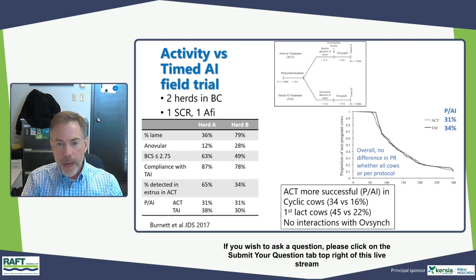So this is another study back to colleagues from Canada, just to illustrate that. They did more or less the same setup. All the cows got 2 shots of prostaglandin 2 weeks apart. Half of them carried right through and got a timed AI at the end, and the other half were bred to the extent possible off of activity-based heat detection. Again, on average, it was a tie between the two, but as you can see here, there were some quite